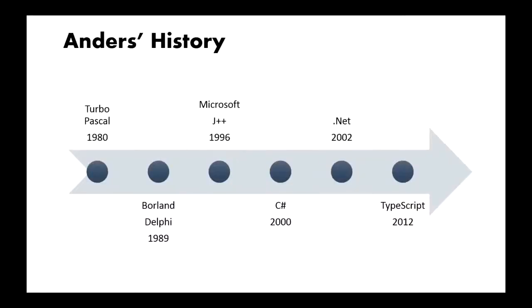And .NET ended up being a huge bet that Microsoft made on the idea of a virtual machine and virtualizing programming languages. And in 2000, they started working on the C# project. And Anders was the original architect and continues to be the architect of it to this day. So he's been working on this for almost 14 years. And interestingly enough, they released .NET in 2002, and he's still working on things now, different languages other than C#, like TypeScript, which is a superset of JavaScript.